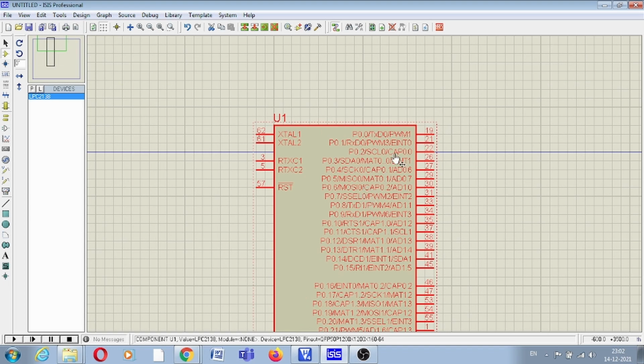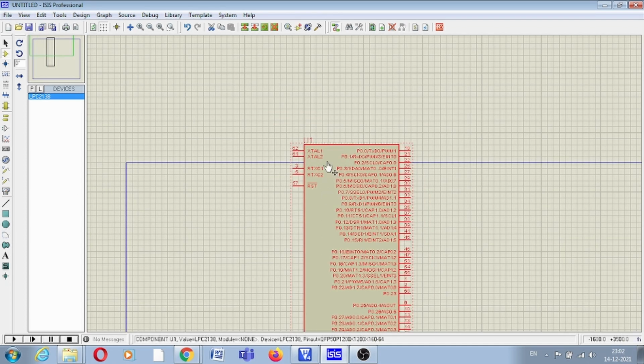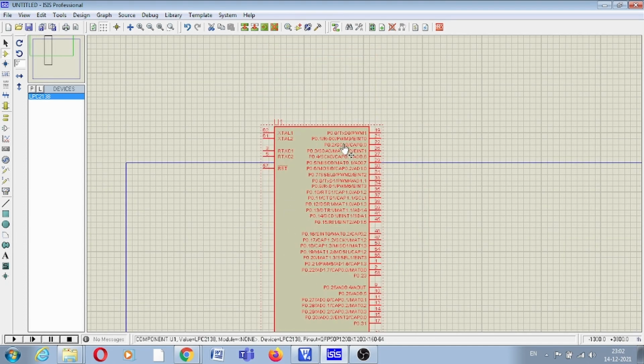Along with this you can see some other pins are also there, which are multiplexed pins. You can use these pins as TX, the UART transmitter, or as pulse width modulation. These are extra application usages of this pin. You can specify for which particular pin you want to develop what type of application, and you also have to mention that in your programming. In Proteus there is no need to connect all these things; we can directly start connecting our devices.